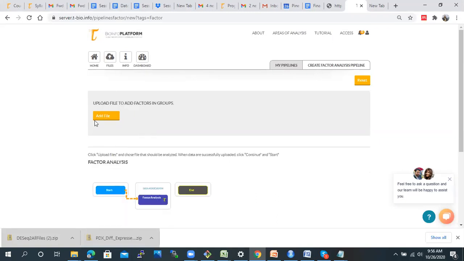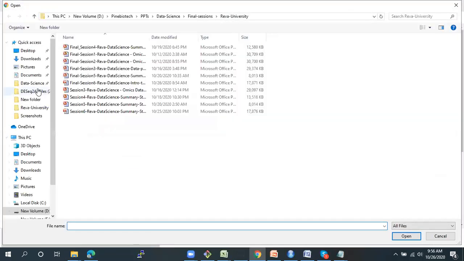Now next, it is asking to add the file. In comparison to all the other analyses, where at first we upload a file, in the case of the factor regression analysis you actually first provide the conditions, all these factors, how many factors you have, how many conditions you have, then it asks for the option to add a file. So now let me load a file. I have to upload my file.